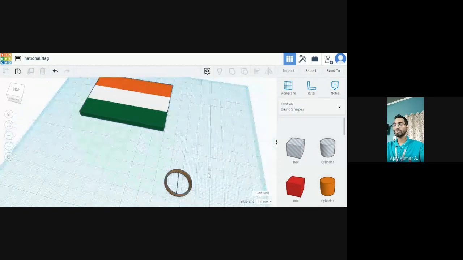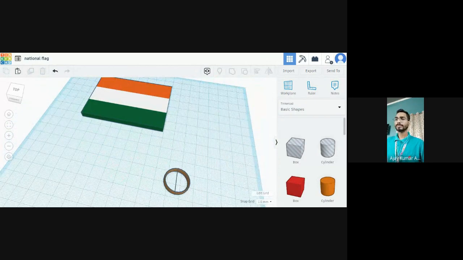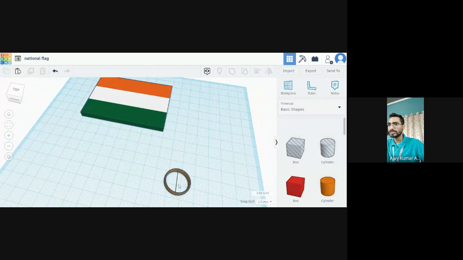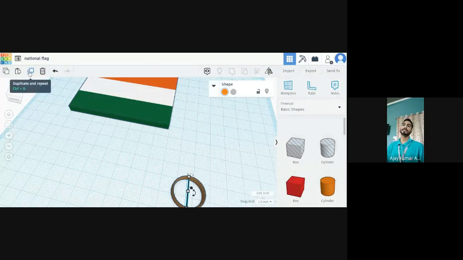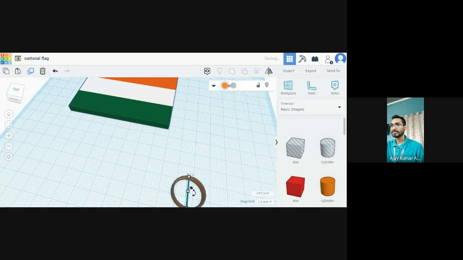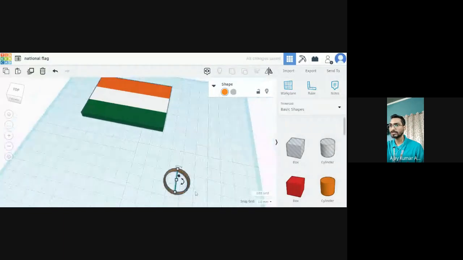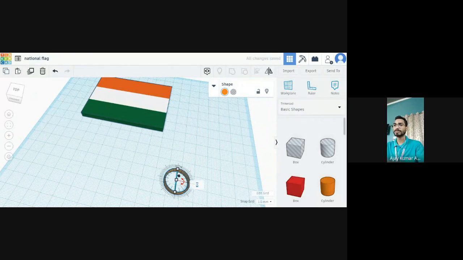For this I have an easy trick. Simply select the spoke. हम क्या करेंगे, spoke को select करेंगे, and now we will use the Control D command, that is duplicate and repeat. तो हमने duplicate and repeat लिया, फिर हम दोबारा से फिगर में आएंगे, and let me zoom out. We have an angular option, so हम यहाँ पे एंगल्स में क्लिक करेंगे और simply यहाँ पे क्लिक करेंगे and now just type 15 डिग्री.